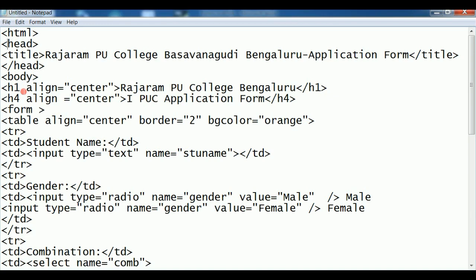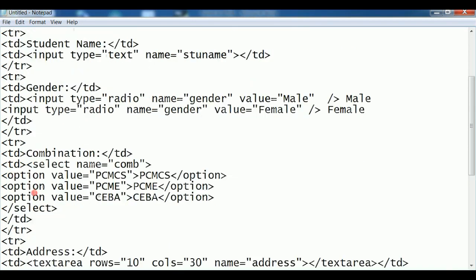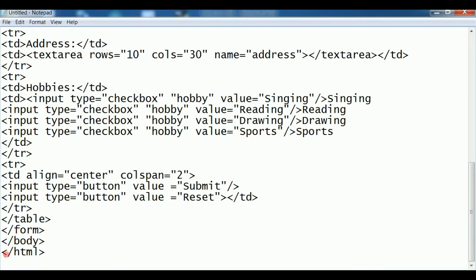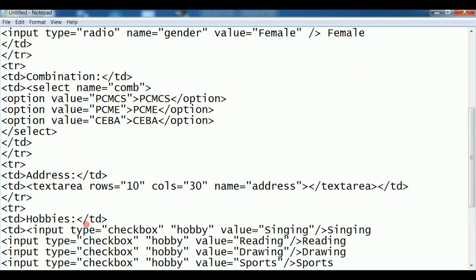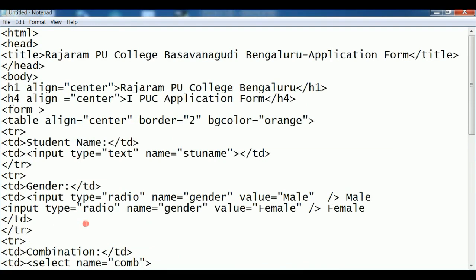Next, there is a form element. Whenever we want to write all the form elements, we have to place them in the form. This is the form I already put in. When we want to close the form, there is a closing form tag, you can see this closing of the form. Next, I am writing all these things in a table. Already we discussed the table in the previous class very clearly, about table rows, table data and table headings. Now what I want to do is define a form, open a form, and in that form write a table. Why? Because alignment should be proper. When we do form elements, they should appear neatly. That's why we are putting them in a form.